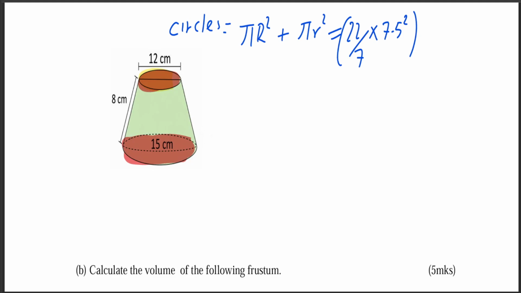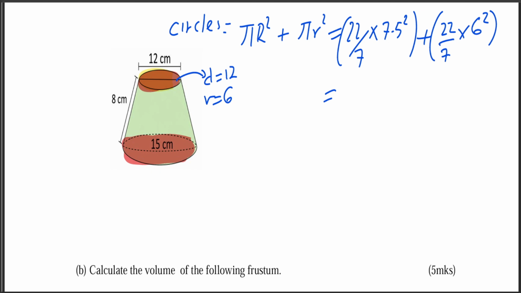So that gives you pi R squared plus 22/7 times r small. And your plus, this is the smaller diameter with 12. The smaller radius is going to be half of 12, which is 6. So 22/7 times 6 squared. Now, so